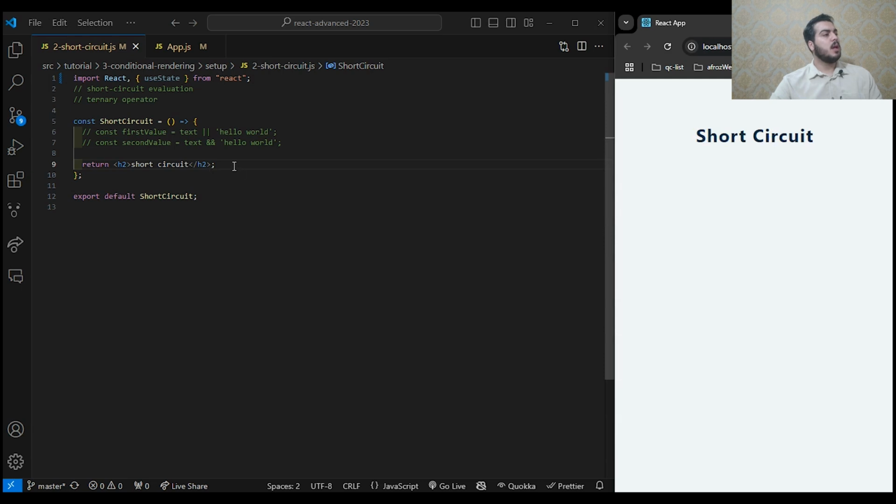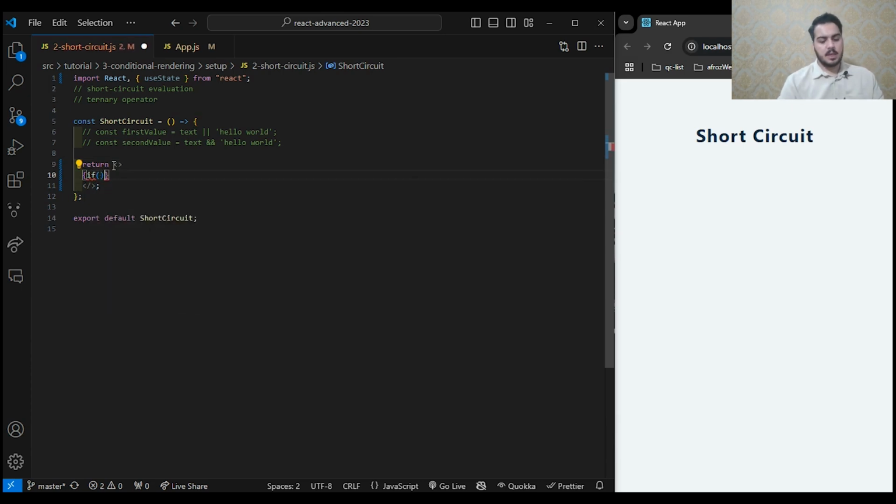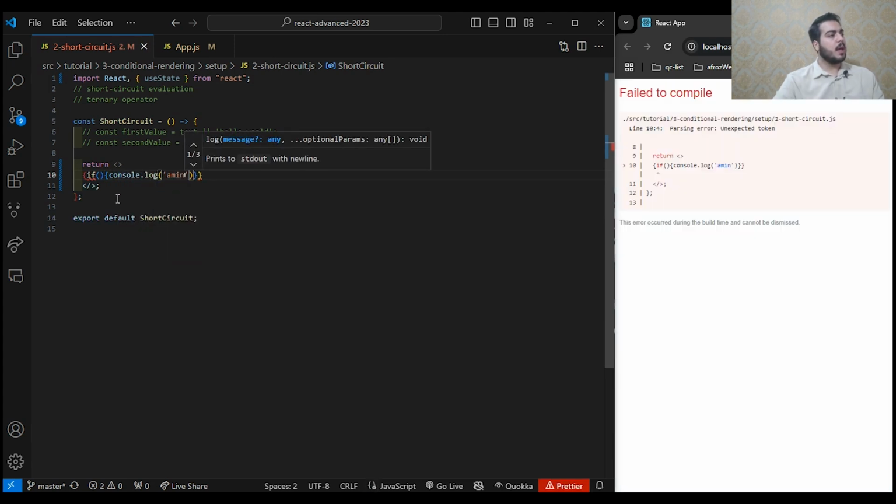Okay, first of all, I want to show you why we should use short circuit evaluation in our application. As you know, in the previous videos, I talked about multiple returns in React.js. But if we have one return in our application, but we want to use some condition in our code, what should we do? First of all, I want to add a React fragment and start with curly braces and show you if we use an if statement with curly braces and, for example, console log with my name,